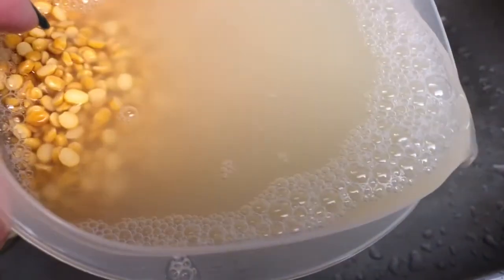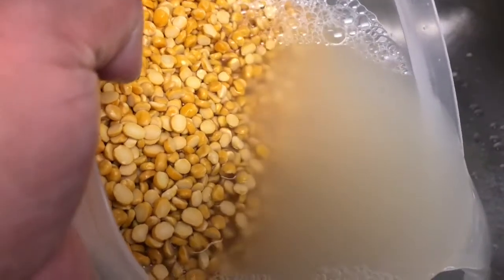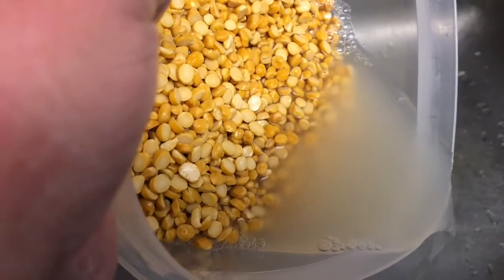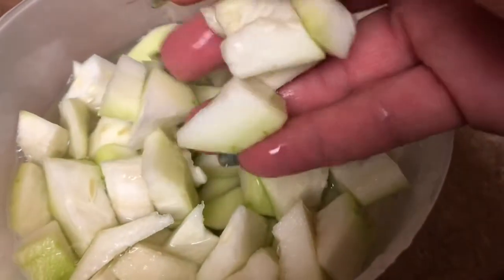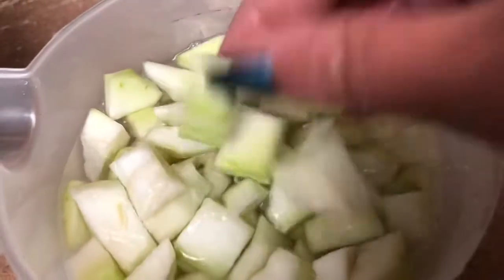And here I've washed it. I'm rinsing it well so that all the residue and all the bad stuff comes out in the water. Now I've cleared it and kept it. Now I'll soak it for 1 or 2 hours. Let it soak because it will be easier to cook, and of course in the instant pot it cooks so easily. And over here I've cut the opo squash, that's known as lauki,